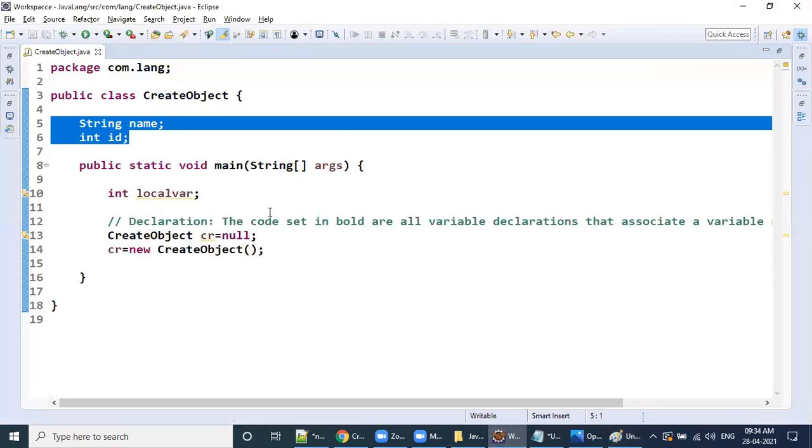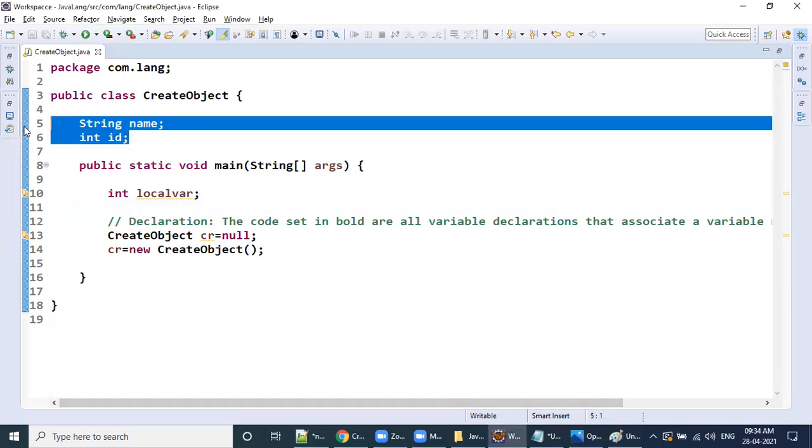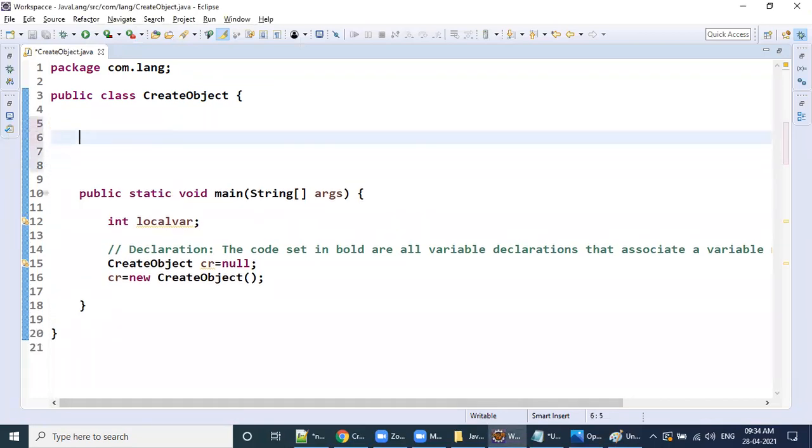Sir, based upon the type. Sir, I want to see all the types in Java. All the types means, as you know, right? Tell me, how can you hold integer type of data?